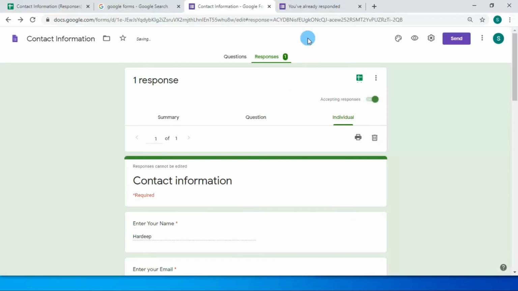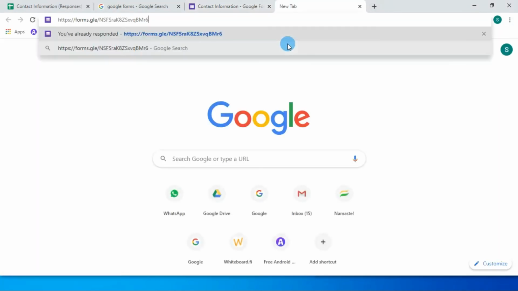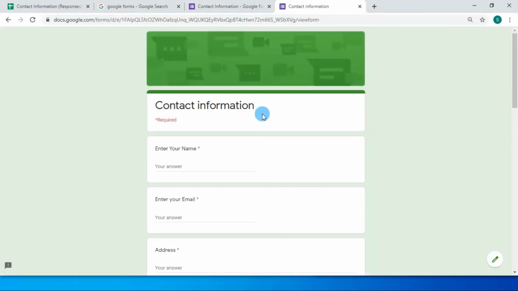We will go back to the new window again and paste the link. Here you can see that now we are able to fill the new form. So I will fill out a few forms here so that we can see the number of responses in our response section, and we will convert the responses into the Excel file. So I quickly answer these questions.